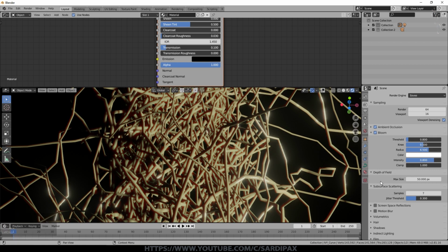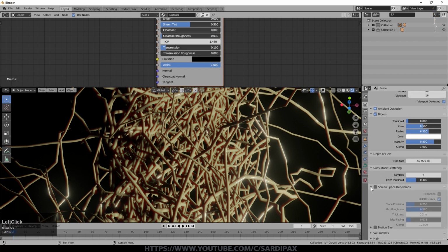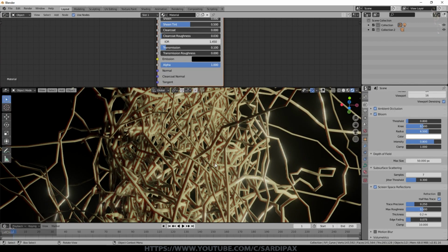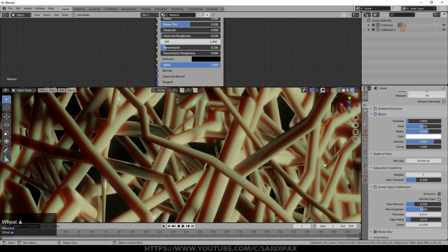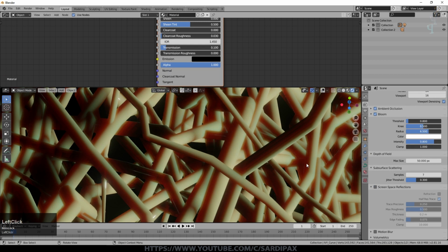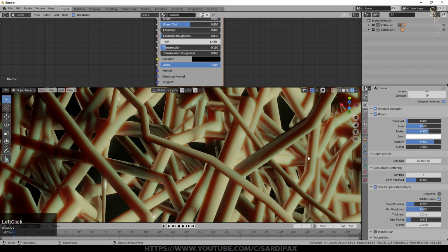I left it on default for subsurface scattering, but I turned on screen space reflections, and you can see quite a bit changed in the scene there. If I turn that off and you look here, this dark area here, which we know is shiny, it's not reflecting any of this bright stuff over here, but when I turn that on, suddenly you can see we are getting reflections, which just adds to some of the complexity of the scene. Other than that, I left that on default.